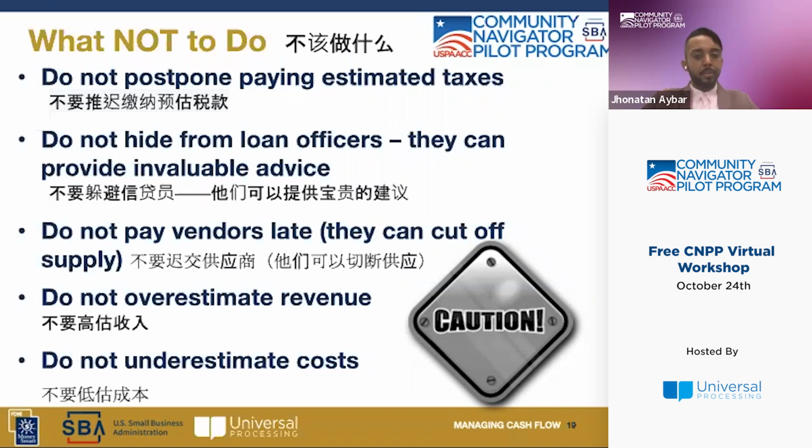Do not overestimate revenue. You don't want to be in a situation where you feel that you will be getting $15,000 in sales revenue when you know by the data that you have available that it could be way less, that it could be $30,000, because if you do so, then you will be overestimating and you will be in a lot of issues. And equally, you do not want to underestimate your costs. You need to have a list of all the obligations that you have, and that list must include all of your expenses. And this is super practical to have